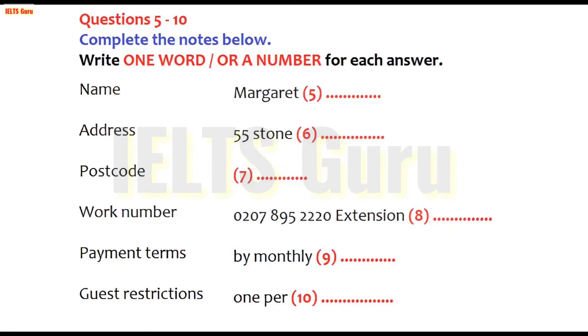I just need to take your name, address and telephone number. First, your name. Margaret Rochester. I take it that's R-O-C-H-E-S-T-E-R. Yes, that's it. And the address? It's 55 Stone Avenue. OK. Avenue. And the postcode? Let's see. It's MA7 4PQ. And a daytime telephone number? Can I give you my work number? Yeah, that's fine. It's